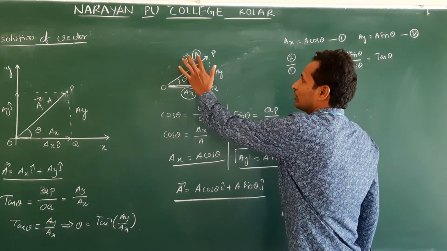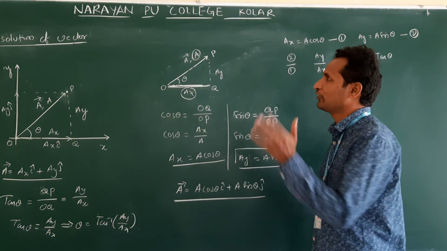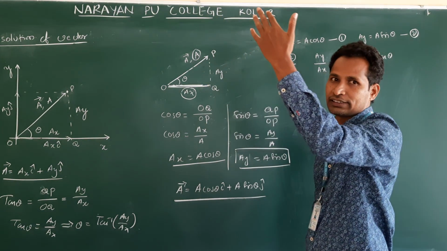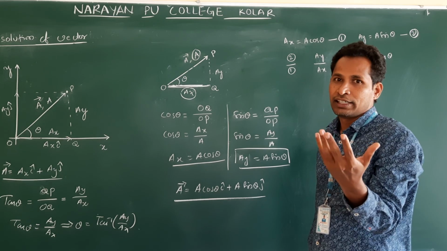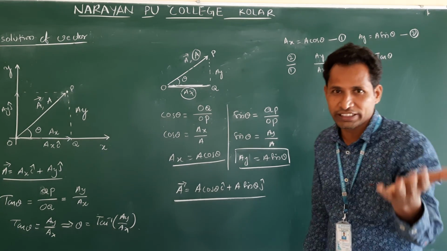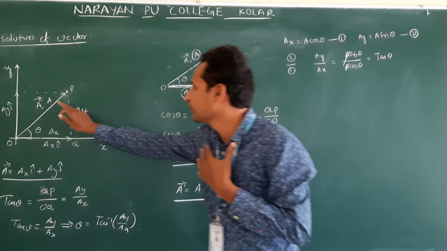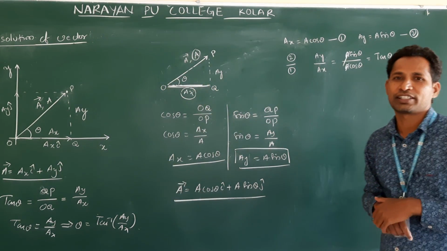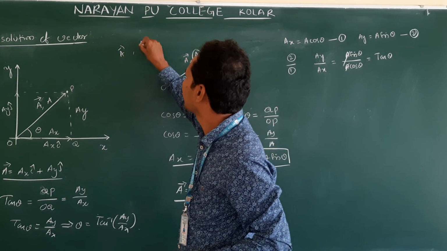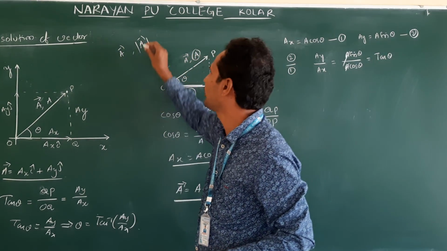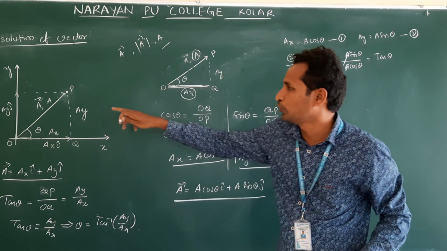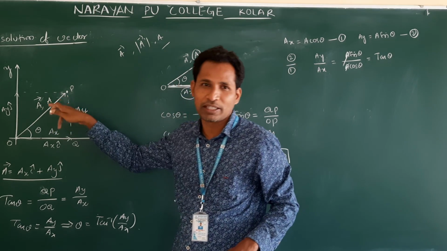And one more thing, we have not seen magnitude. Simply we are taking vector and we are saying magnitude. If we write the arrow over the letter, that represents the vector, and without the arrow that represents the magnitude. Then how do we get this magnitude formula for a given vector? This is very important. As I mentioned previously also, if A is a vector and you write it like this, that represents the magnitude, or simply if you write A, that represents the magnitude. What is the formula for the magnitude of vector A?